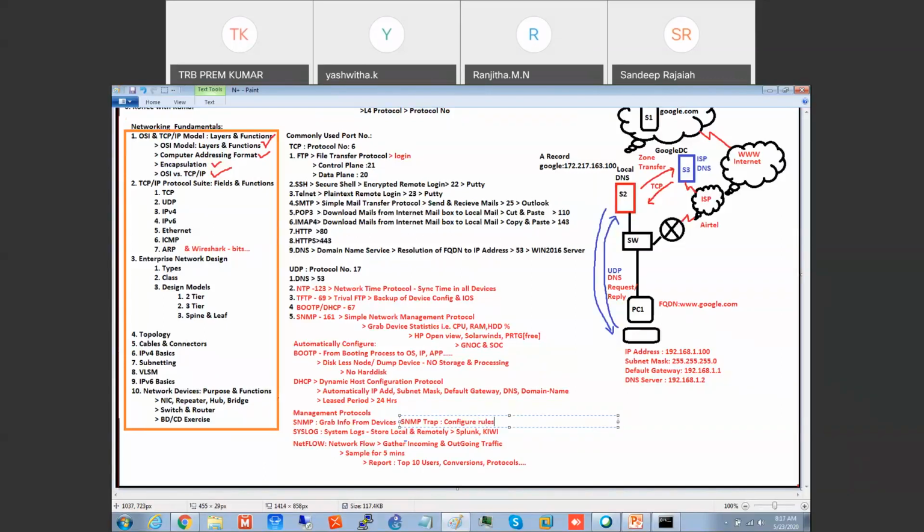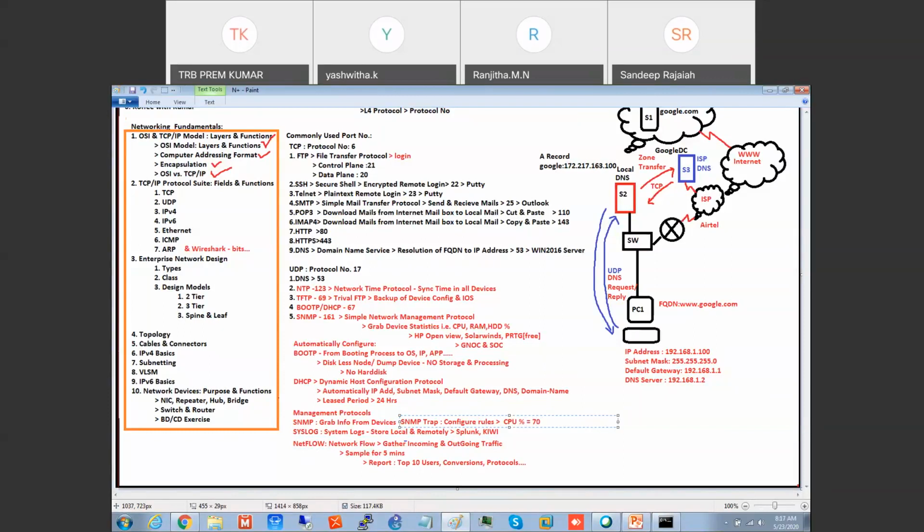Something like this. I am going to tell the device, whenever you go more than 70% of CPU utilization, send me a message. That is the rule. If CPU utilization goes more than 70%, this is called a baseline.